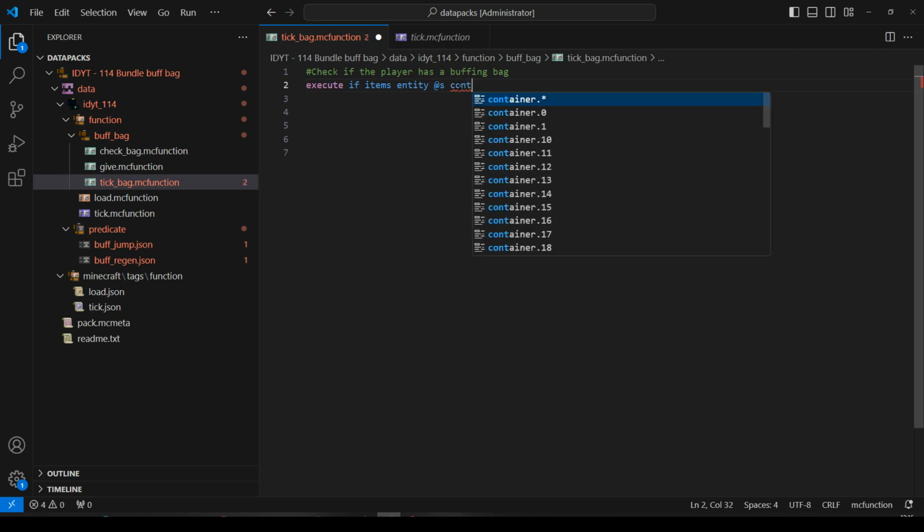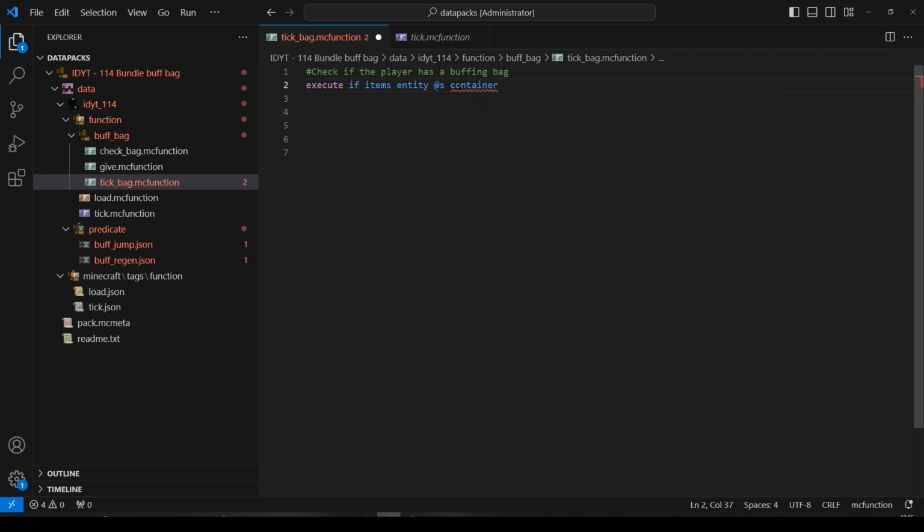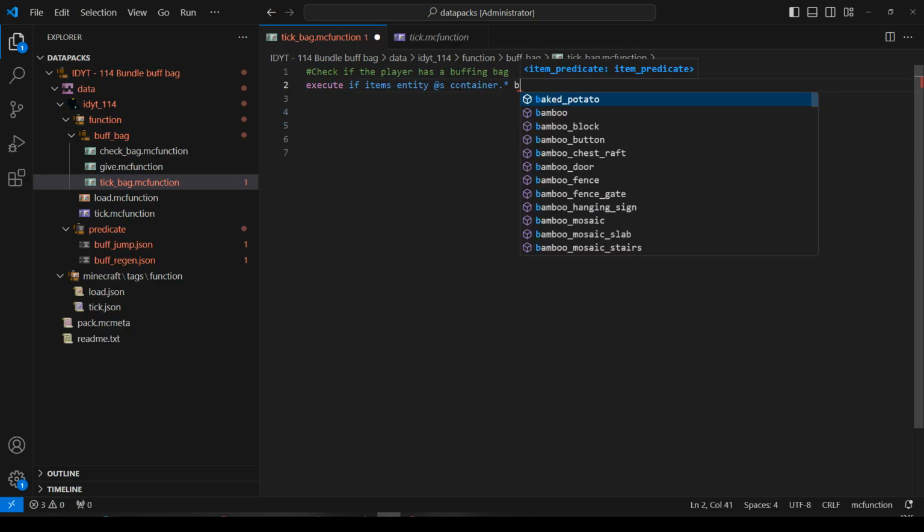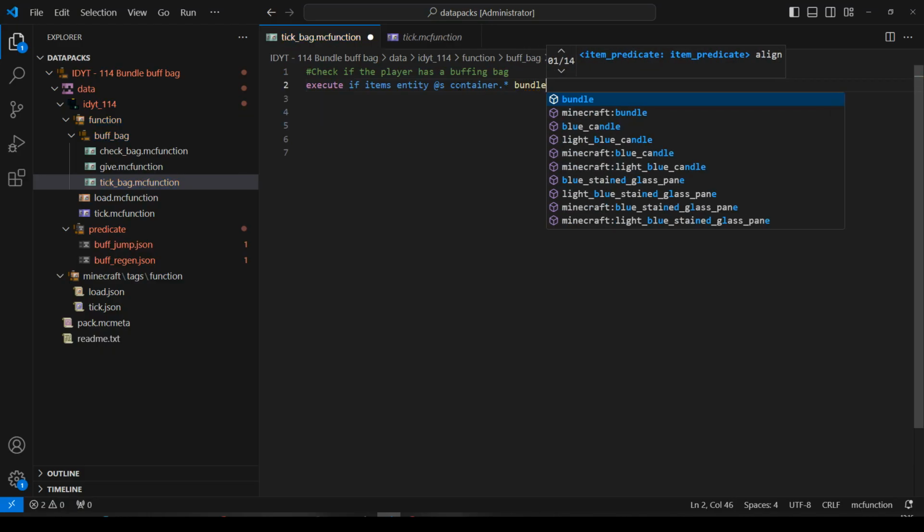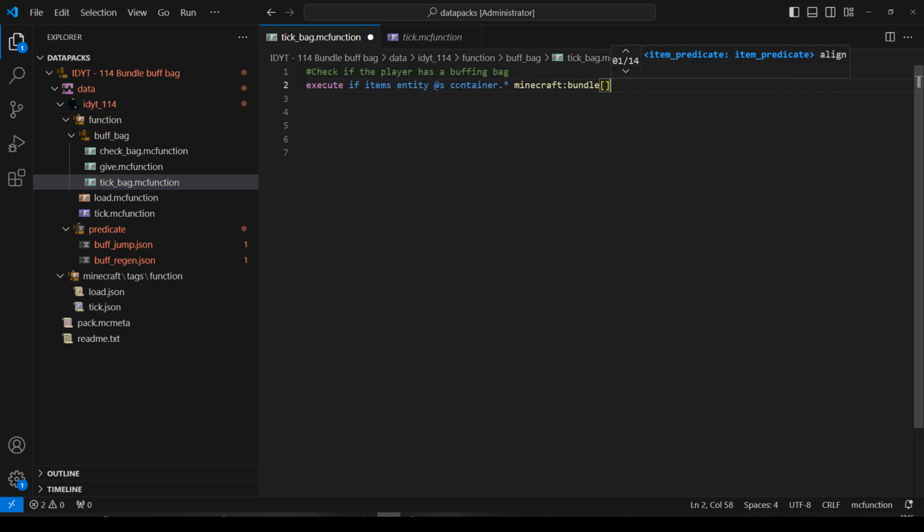So we're going to be doing container.star. And we're going to look for a bundle specifically. Let's say Minecraft bundle. Let's try and keep in the habit of using namespaces. And this will be for custom data. Are you not going to autofill that for me? Are you going to make me type the Minecraft as well? Minecraft